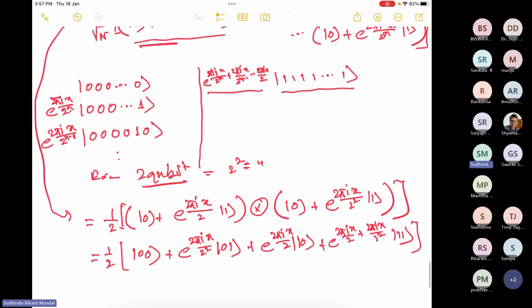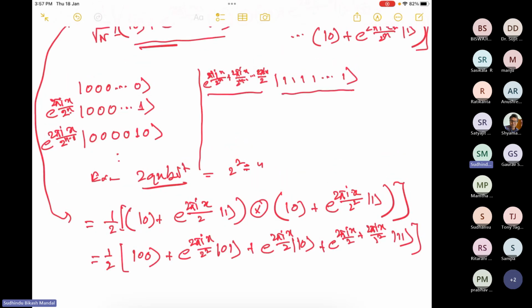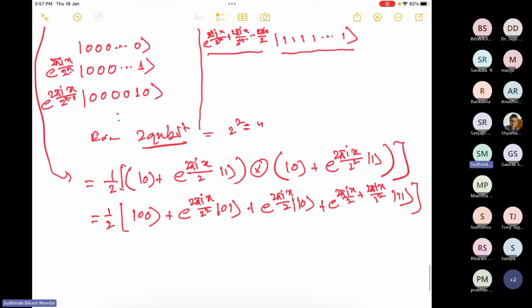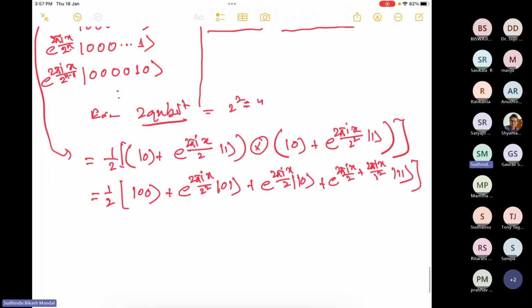So as per the terms, this is from this example case, you will find this. So from here, how can we design a 2 qubit QFT circuit? Definitely we need a Hadamard gate as one ingredient, and another ingredient we require is a U rotation, U rot K.